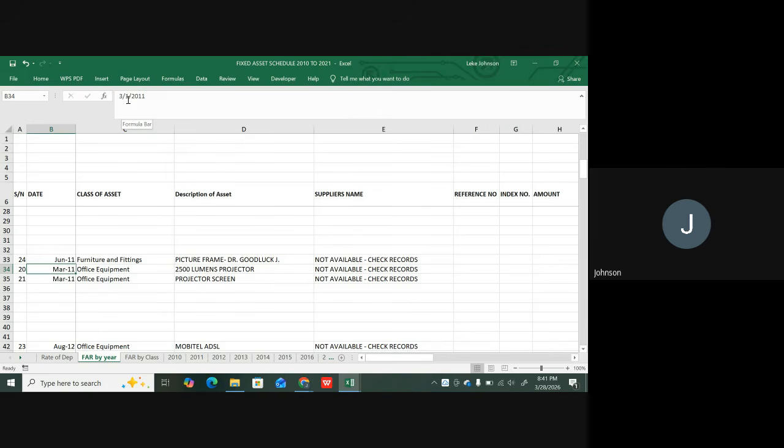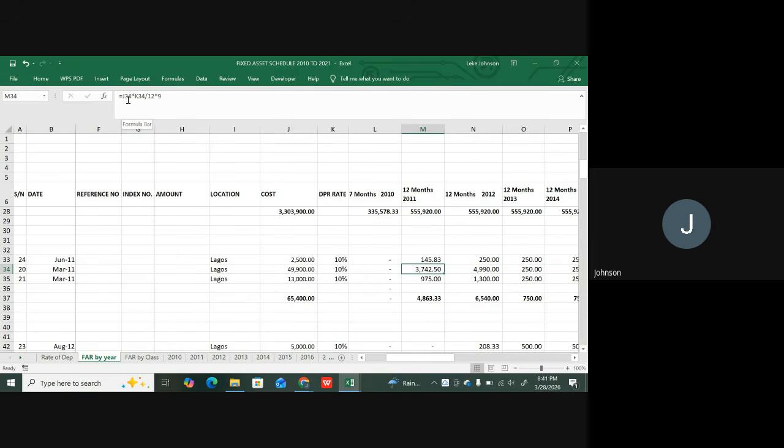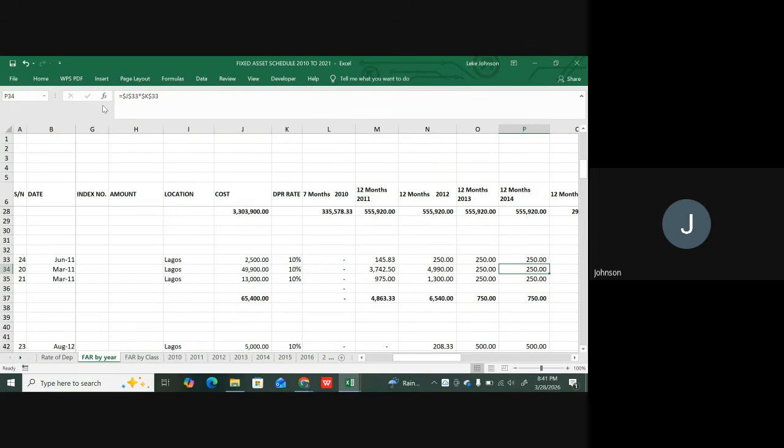Okay. So I'm just trying to show us what is happening here so that we understand. So all these things, they are not cast in stone. They are things that we can actually also look at and get. So in the first month, they only charge 9 months, which is supposed to be 10 months, but no problem. They understand why they're charging that. But me, I'm just trying to show us